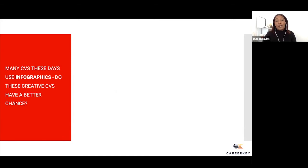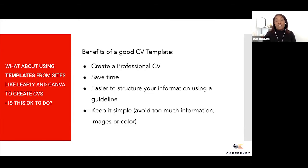use it, because I think, number one, it helps you create a professional CV. Number two, it helps you to save time. So instead of you kind of sitting and adjusting and updating your CV, you can now just go download a template and just populate your own information. And like you said, information these days is just really a constant thing. So you don't necessarily have all the time in the world to go and draft a new CV every time. So I would say definitely go for using a downloadable template and store that. And then that way you can also customize it to each job instead of feeling stressed out about creating a